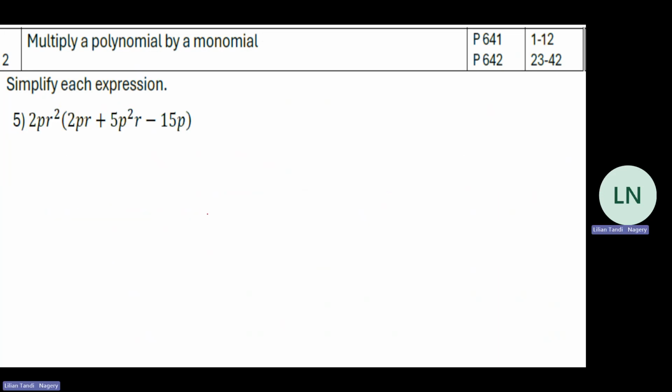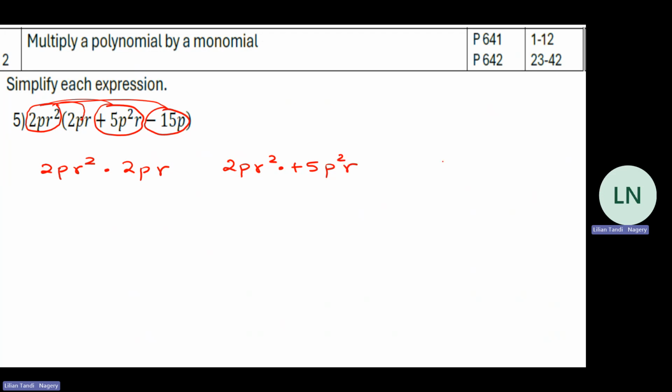All right, so let us do this one. So this coefficient to this term, to this term, and to this term. Okay, 2pr squared times 2pr. 2pr squared times positive 5p squared r. 2pr squared times negative